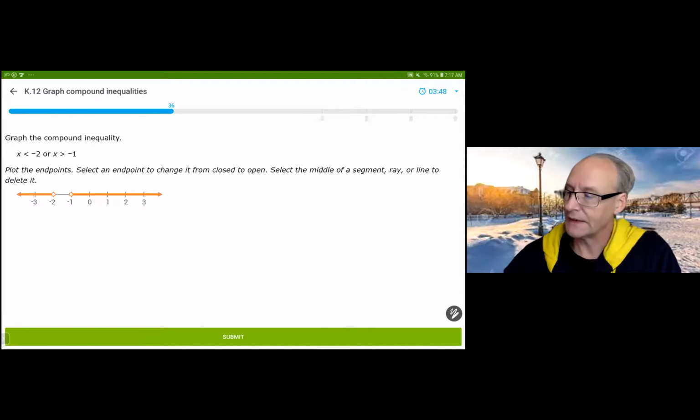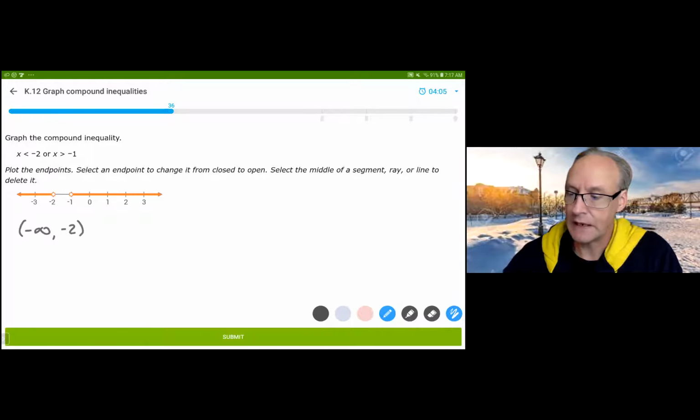If I were to write this in interval notation, it's quite a bit more complex, because I have to include both parts. This one looks like this: -∞ up to -2, not included, and -1 up to +∞, not including the -1